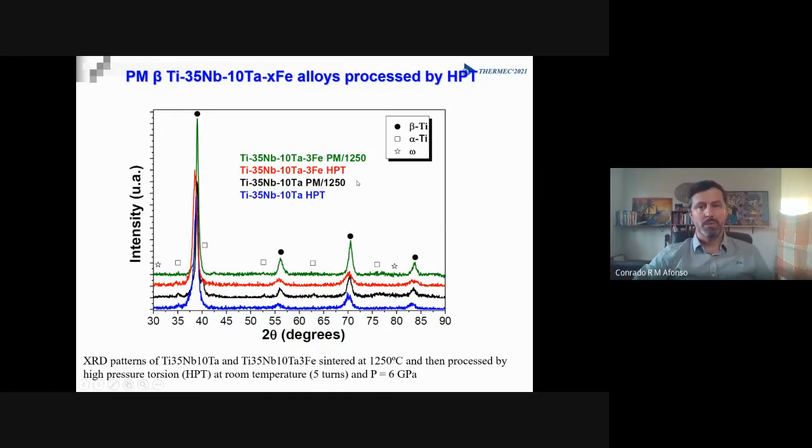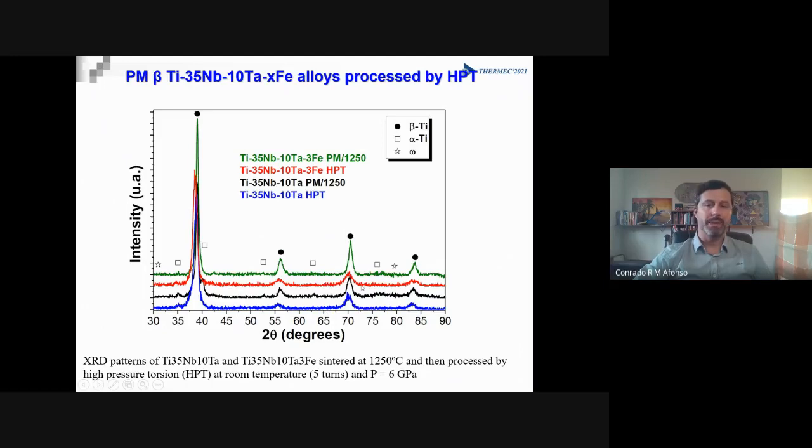And now we have the results of 2 alloys. We select just 2 alloys, one without iron and another one with 3% iron addition. We have both PM samples, so before the severe plastic deformation, and both after HPT. So we can see that after HPT, which are the blue and red curves, we can see that there is